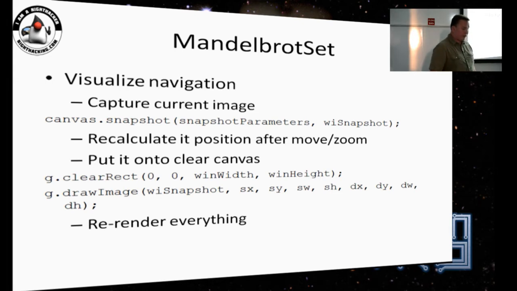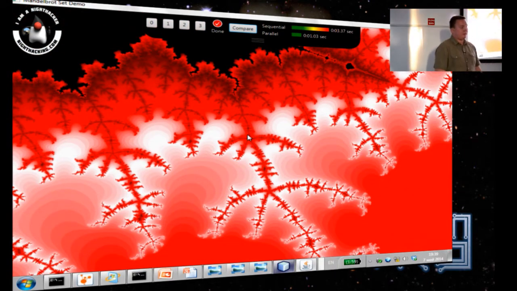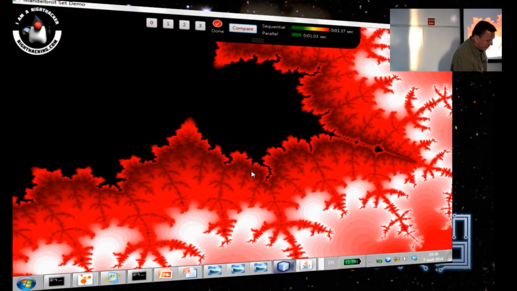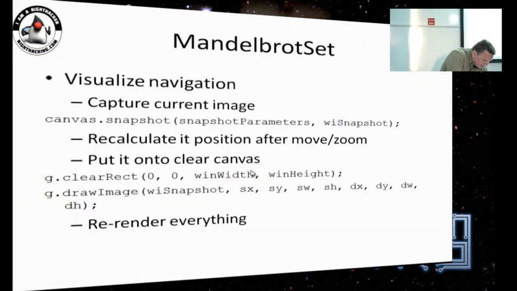And then we execute the same routine of rendering of the whole area, because when you, for example, zoom in, it gets distorted with the zooming, so we want to get a clear picture, so everything is re-rendered at the end. All right, next slide.